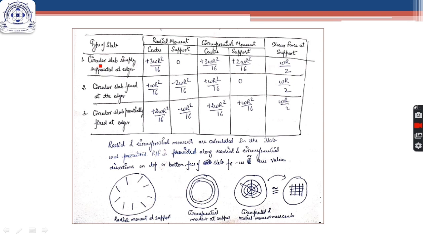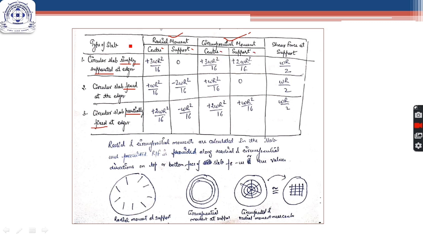The first case is circular slab, which is simply supported at edges. Next is circular slab, which is fixed at edges, and circular slab, which is partially fixed. So first we will have to know which is the support condition of our circular slab. Then we will calculate the radial moment Mr and circumferential moment M theta at the center and support,